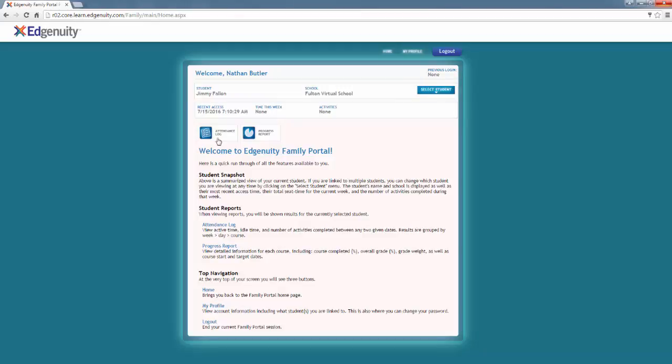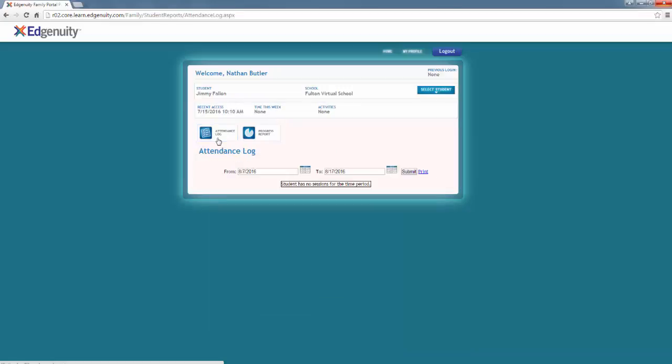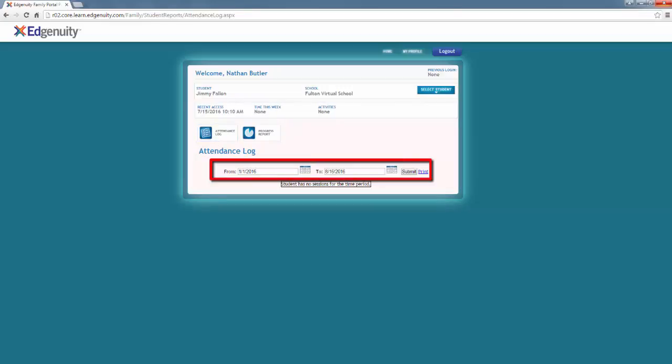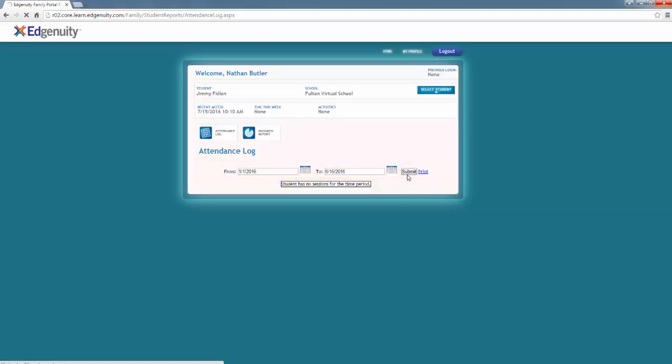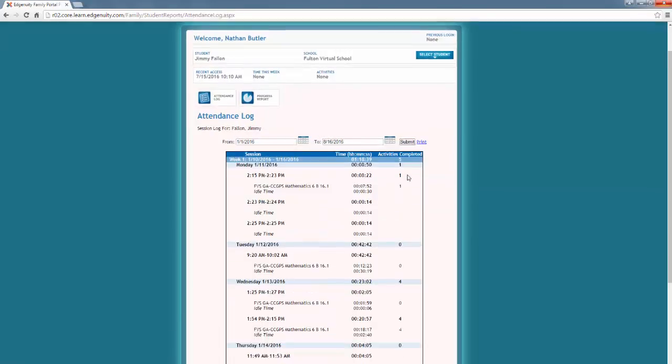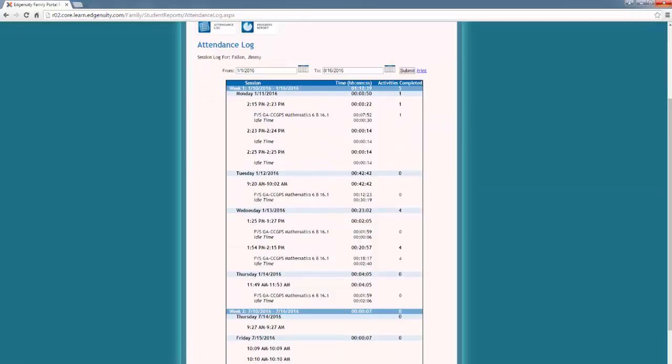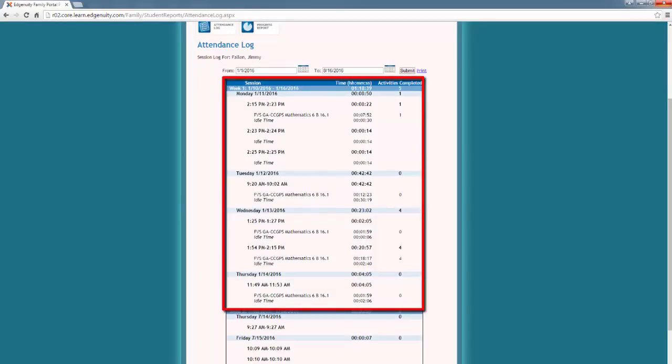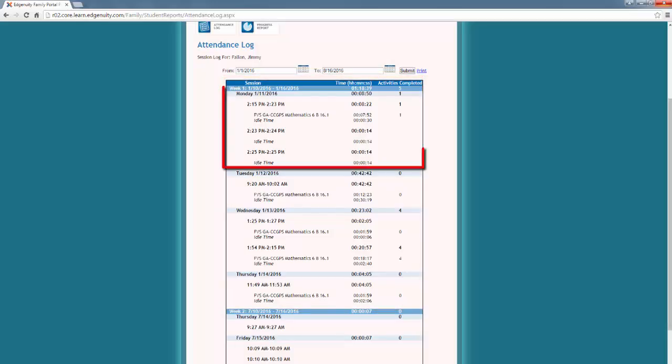Let's check out the attendance log. You'll set your dates for when you want to look at the attendance, and then hit Submit. Below is the breakdown. Each week will tell you how much time was spent in total, how many activities were completed in total. Each day, how much time is spent, how many activities have been completed. Note, though, that where it says idle time,